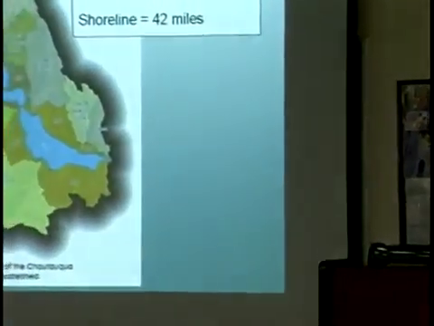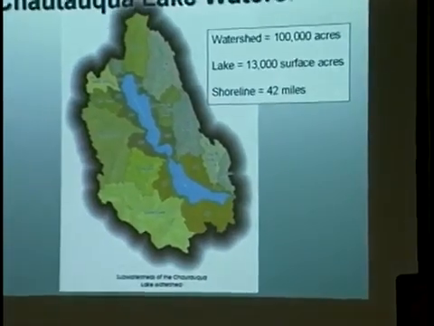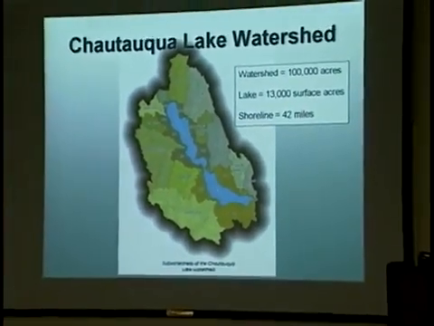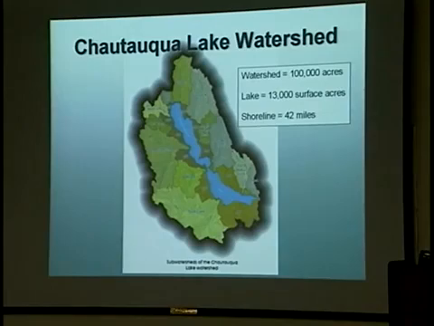The Chautauqua Lake is comprised of several sub-watersheds that feed water to the lake itself. Those sub-watersheds equal a much larger watershed. I only estimated it's approximately 100 and some thousand acres. I believe it's actually 101 some thousand acres. The lake itself, surface area, is approximately 13,000 surface acres, and the shoreline is 42 miles, with approximately